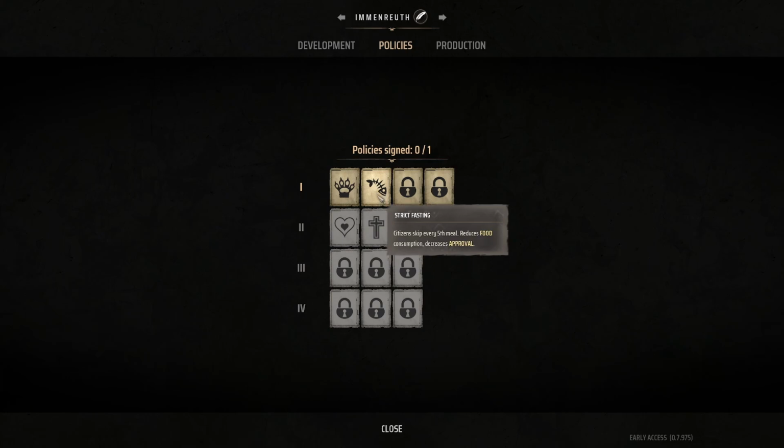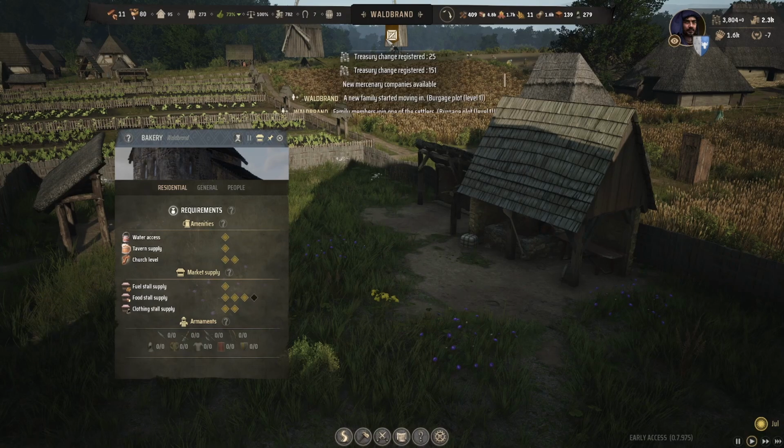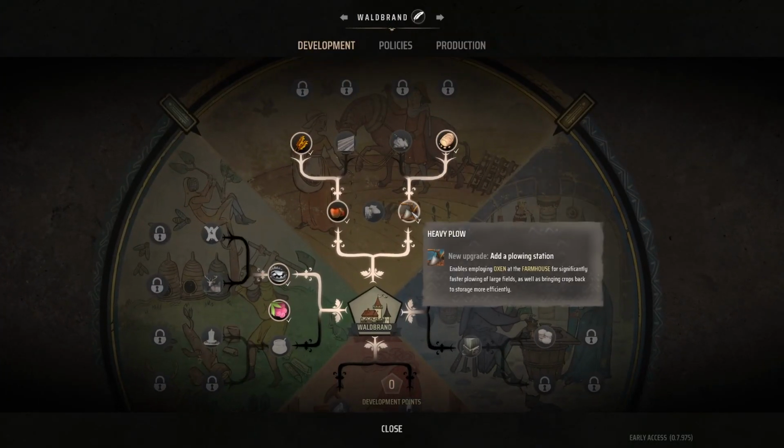So these are currently the only two policies available, and they're both related to food. So good to keep in mind and have as an option. But I think the only one that you're likely to use is the hunting grounds one. And if you do go up into rye cultivation, I do think it's really worth it going up for the bakery as well. So if we go to development points, you'll probably have heavy plow already if you're doing a